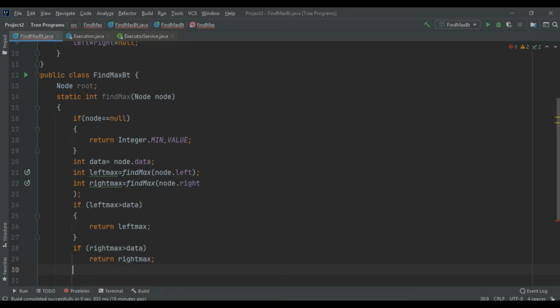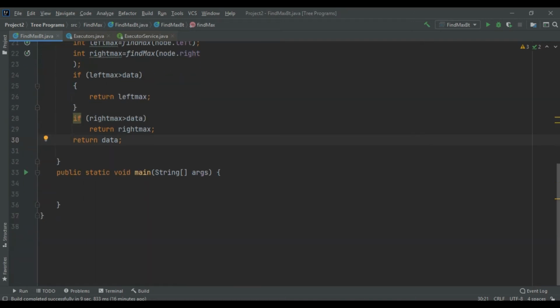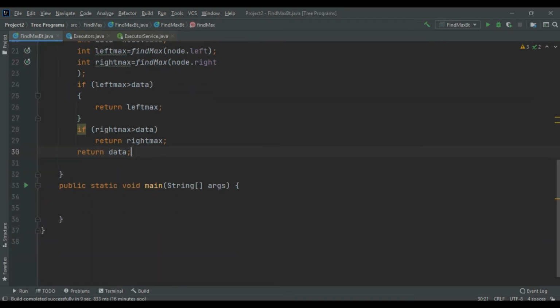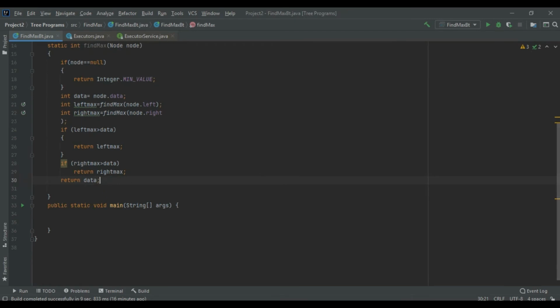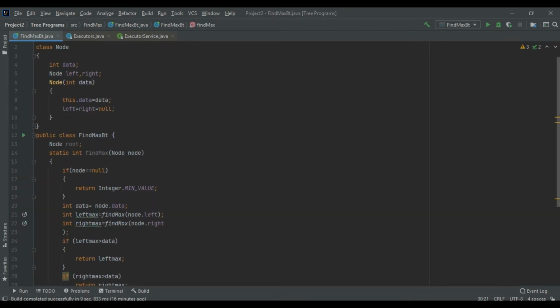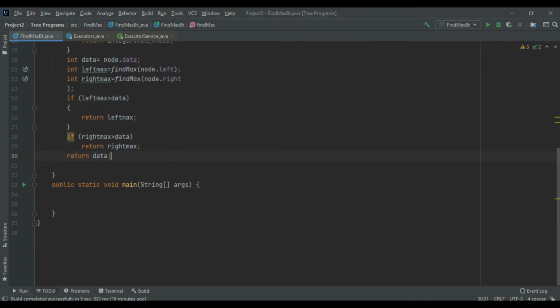Or if both of them are less than data, then return node.data, or you can simply return data also. So in this way we created this program. Okay, so now we are to print the values.